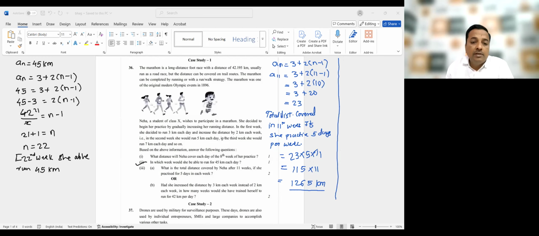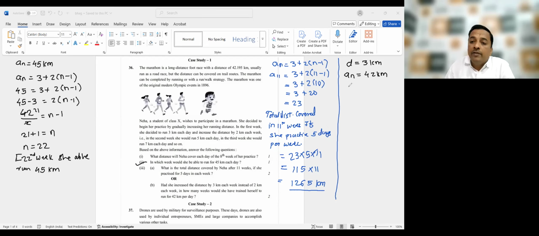And the last question is, had she increased the distance by 3 kilometers, यानी जो पहले डिफरेंस 2 किलोमीटर का था अभी वो 3 किलोमीटर का हो गया. How many weeks would she have trained herself to run 45 kilometers? Now, अब डिस्टेंस डिफरेंस चेंज हो गया, दैट वन इज ऑफ 3 किलोमीटर। उसको कितना जाना है? 42 किलोमीटर जाना है। एन दैट इज ऑफ 42 किलोमीटर। एंड द फर्स्ट डे दैट वन इज द सेम ऑफ 3 किलोमीटर।